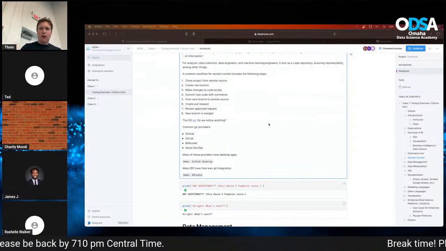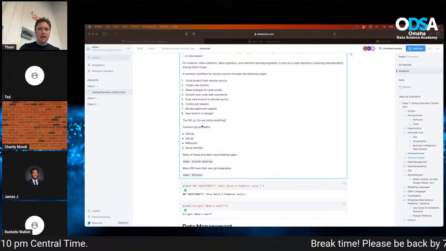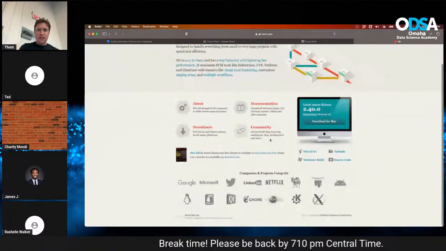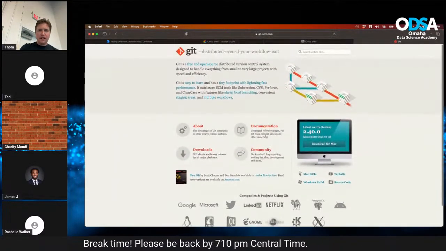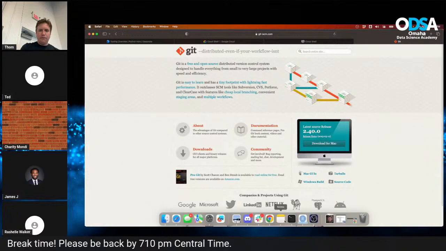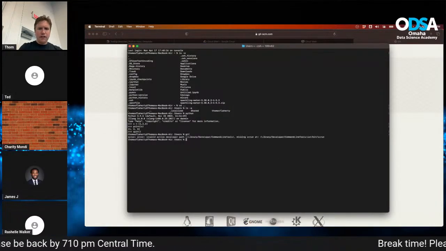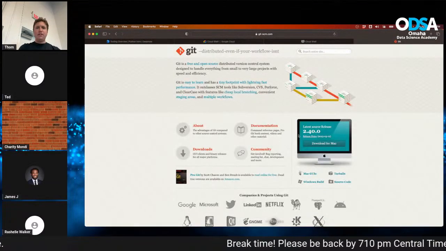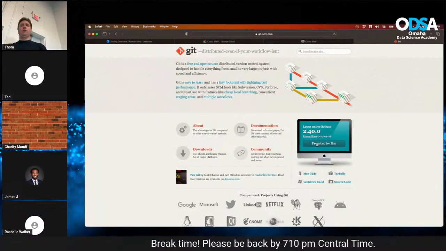Git is initially all done at the command line. So if you go to the link in here, you can see sort of what this stuff looks like. I think I can run it in the terminal here. I think I can run Git. No, it's not active right now. But if you downloaded this right now on your machine,